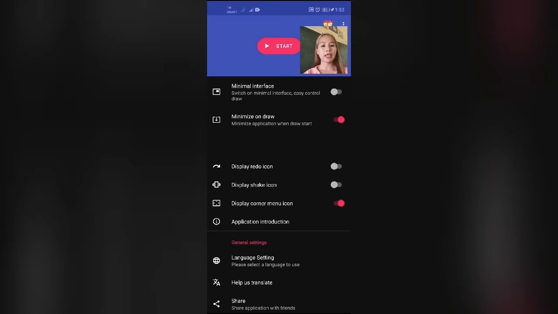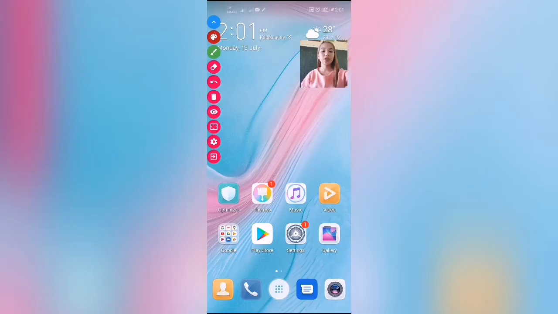Minimal interface, minimize on draw, display redo icon, display shake icon, display corner menu icon, application introduction, language setting, translate, and share. Now I'll click start. This will appear on your screen when you click start. So this application will allow you to write anything on your screen, whatever you want, about your lesson. For example,